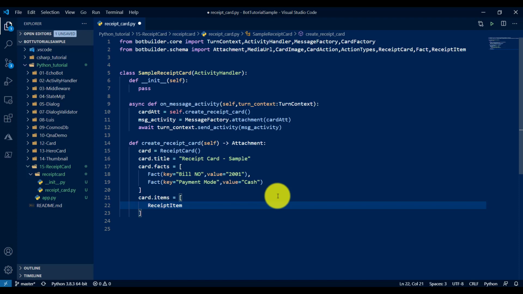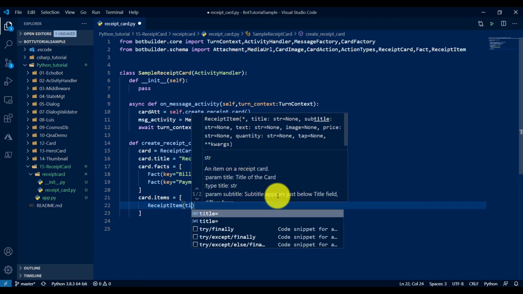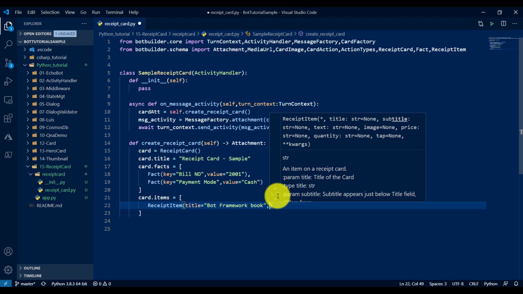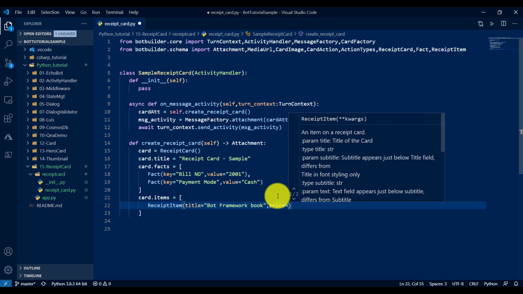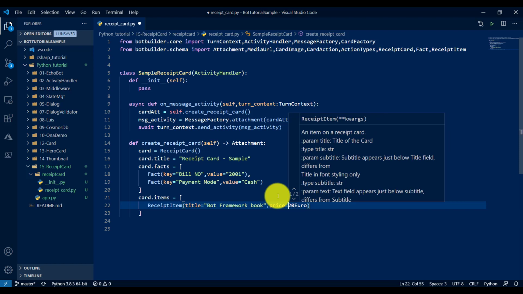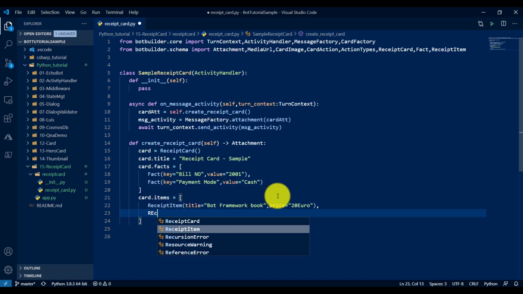In the receipt item I mention the title, maybe Bot Framework book. Next price, let's say 20 euro. This is also a string, 20 euro. Fine. Like that, I add one more receipt item.